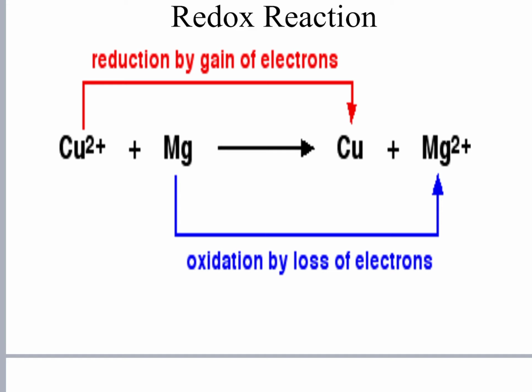Actually, oxidation and reduction we show with different equations, but they occur only simultaneously. When one species loses an electron, the other species gains it. Here you can see Cu2 plus plus Mg gives Cu plus Mg2 plus. Cu2 plus is turning into Cu, so the positive charge is getting neutralized by picking up a pair of electrons. So, copper is undergoing reduction. Magnesium is turning from Mg to Mg2 plus. It is losing a pair of electrons, which is oxidation by loss of electrons. That is the redox reaction.